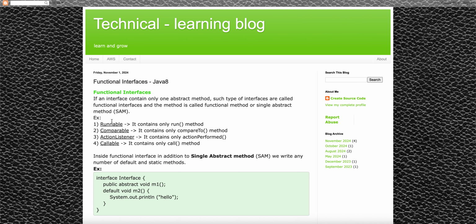In Java there are predefined functional interfaces such as Runnable, Comparable, ActionListener, and Callable. In Runnable there is only one abstract method, which is the run method; in Comparable, compareTo; in ActionListener, actionPerformed; and in Callable, the call method. Inside a functional interface, in addition to the single abstract method, we can write any number of default and static methods, such as in the example